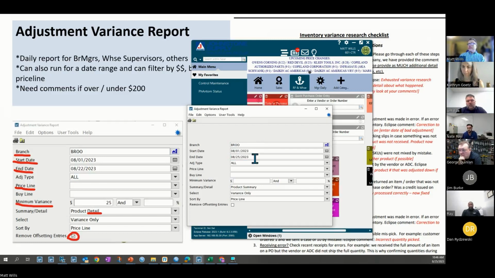Then here, I can put in a minimum variance. If I leave it blank, it'll show me everything. And if you wanted, like I said, you could hone in and say, I feel like we're off on ProPress. You would need to look up the price line for the product, but then this will specifically now show for Broomall, for August, show me all of my adjustment variances,